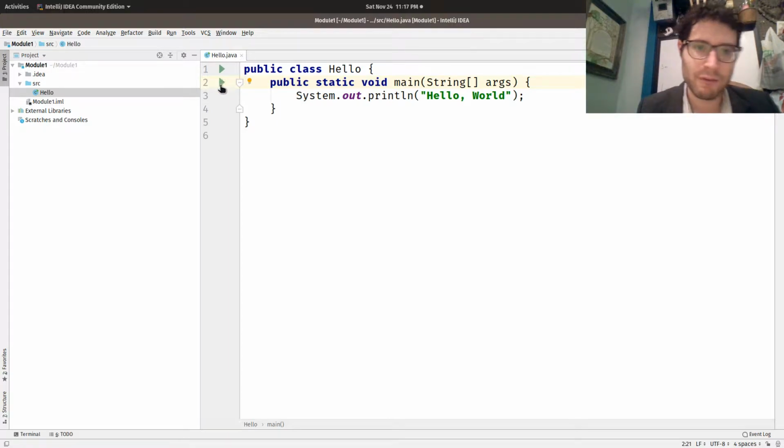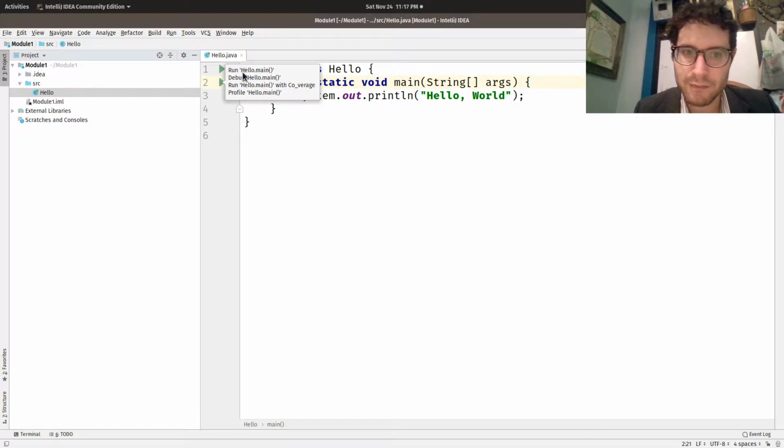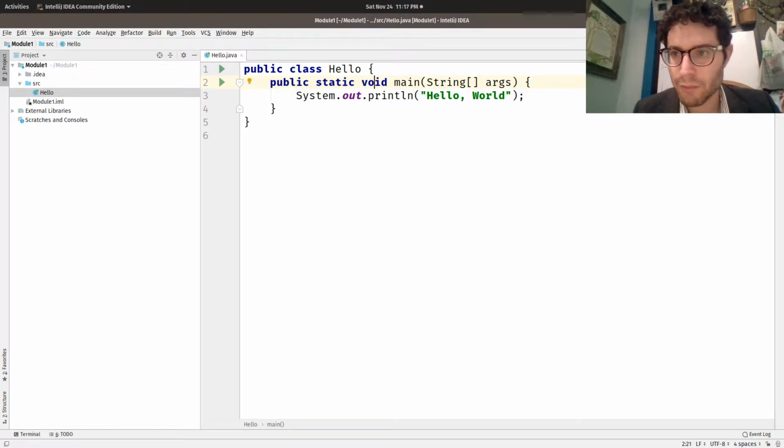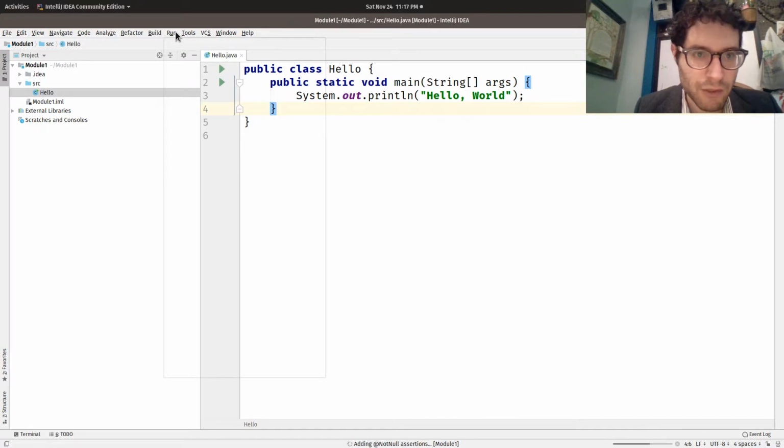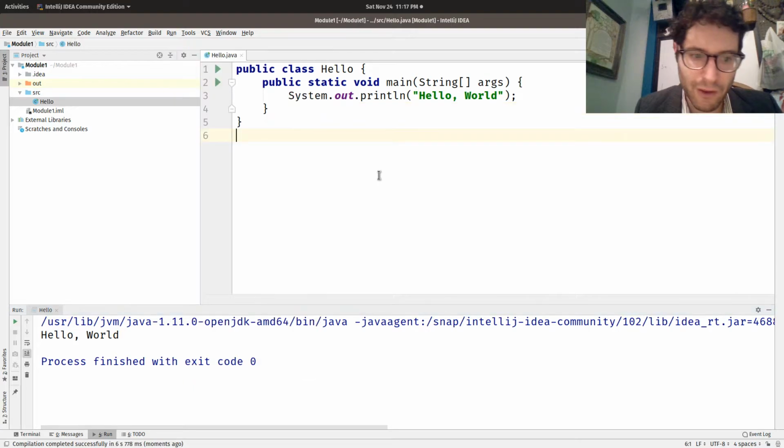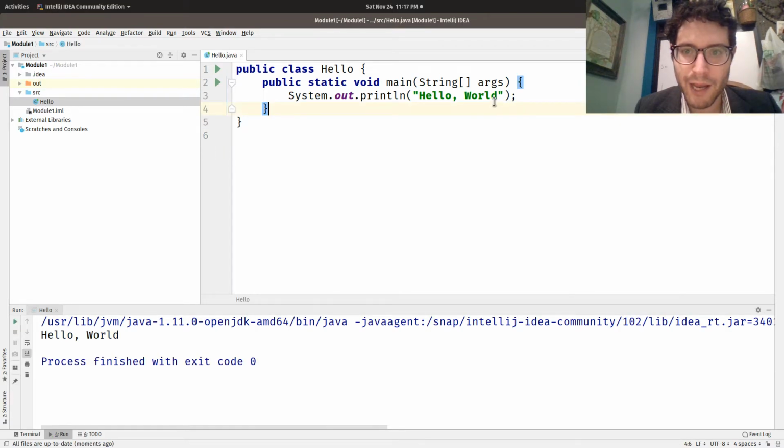So now how do you run this code? Well, depending on your IDE, there are different options, but for me, I can just hit an arrow here and hit run Hello.main, which will populate the options over here. Or I can hit Control Shift F10, and let's see, it will build it and run the file. Or is it Control Shift F? No, it's just Shift F10. Shift F10 will run it, it'll automatically compile it, and actually, it'll pretty much automatically compile it whenever I just